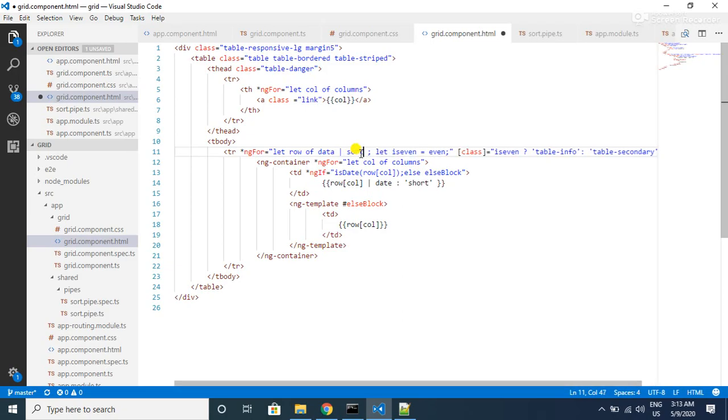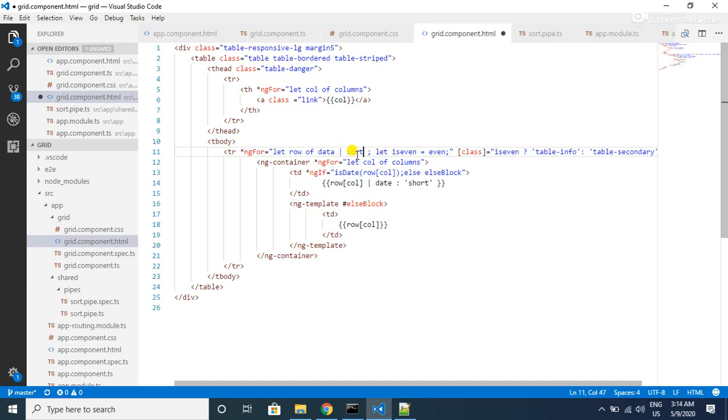By default, when we do this, the first parameter, the data, will go to this sort pipe. Whatever is on the left side of the pipe operator will go as the first parameter to this custom pipe that we have created. Now we have passed only one parameter, that is the first parameter.